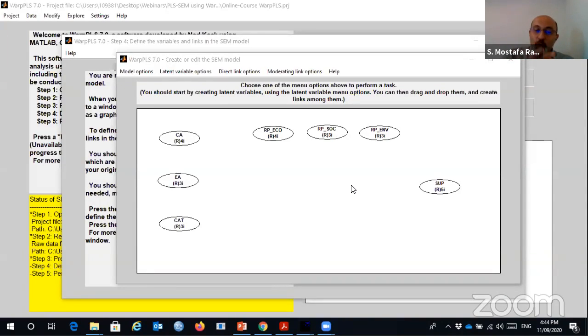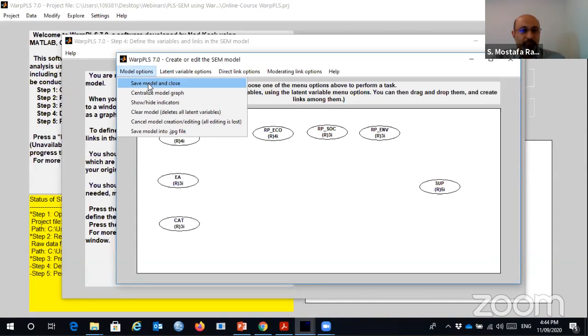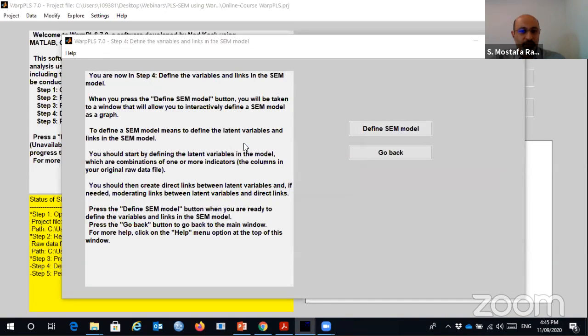So if we use WarpPLS and this specific outer model algorithm, it doesn't matter whether we apply embedded or disjoint two-stage. We can create it even without any relationship between constructs. So for example here, we don't have any relationship between constructs now. But if we save the model and close,